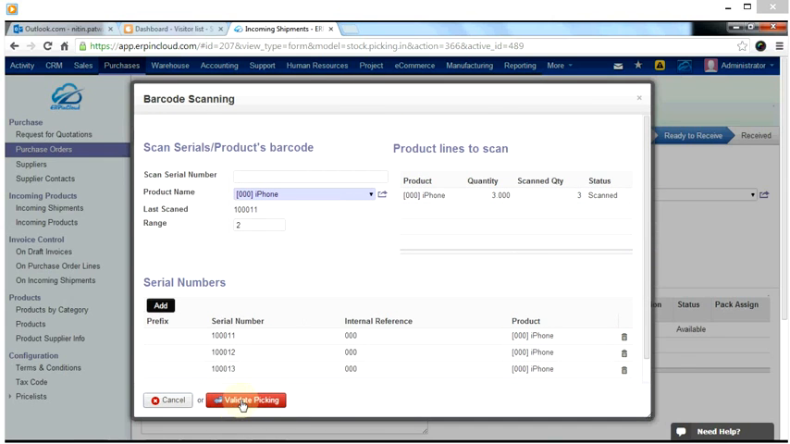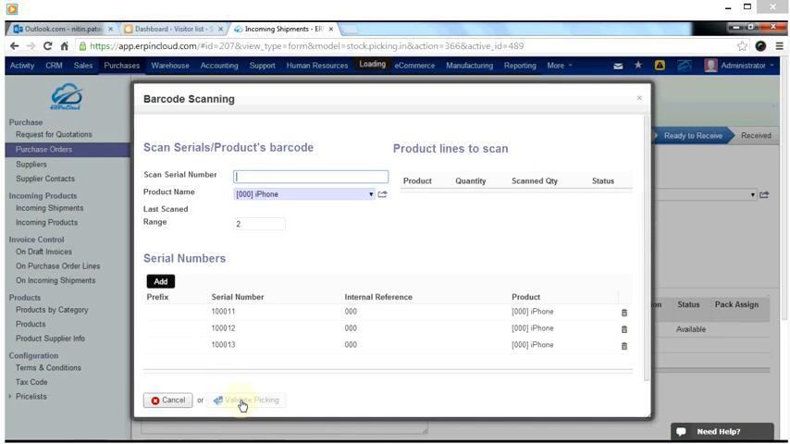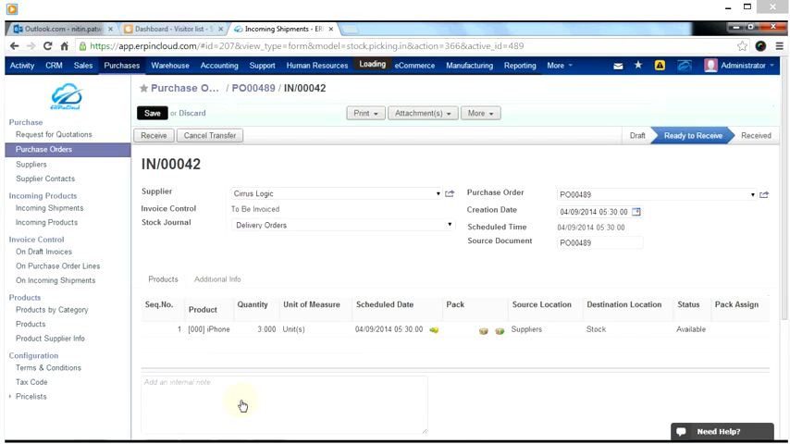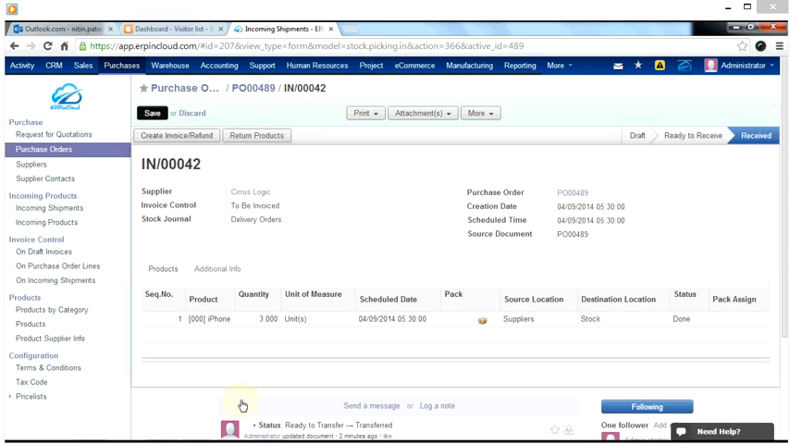So we validate that picking, and now we have 3 products. The status is done, so we've been able to receive the products in. Then we could, for example, create an invoice. Rather than doing that,